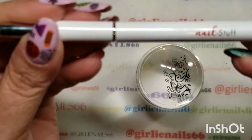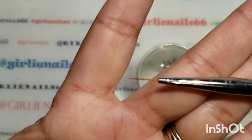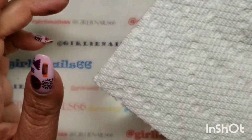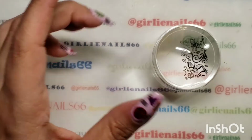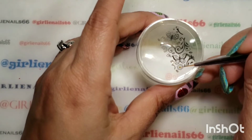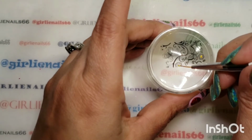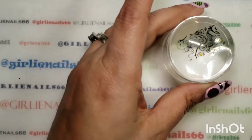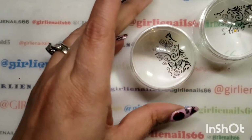Okay, so I also have my Nailstuff brush, and it's this one, I can't remember the millimeter size. I've got some acetone in a dampened dish and a little piece of paper towel. You can also use a dotting tool, but I kind of like the brush, so I find I have more control. So I just go in and I usually pick the color that's going to be